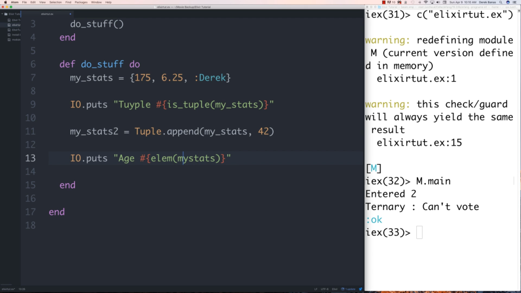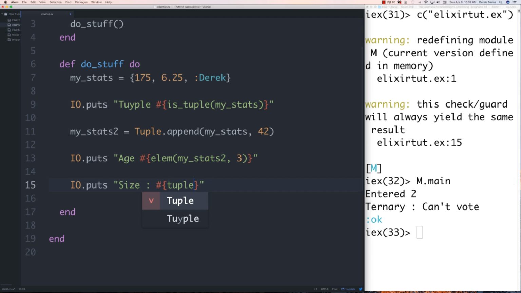Let's go and throw this in here like that. My stats 2. And I want to get whatever is in the third index. Again, this is going to be 0, 1, 2, 3. This is the one that I appended on there. We're going to be able to get the tuple size. Let's go and get our tuple size. And here you just go tuple once again, size, and you pass in whatever tuple you want to work with